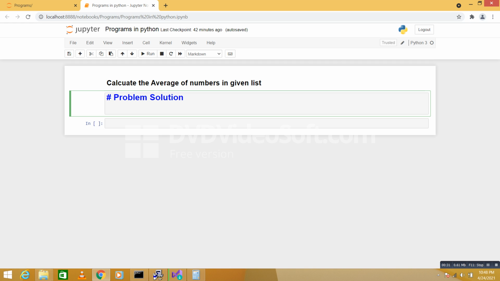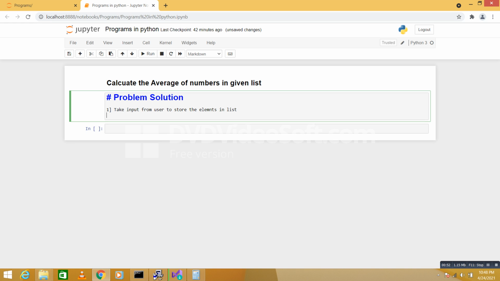So we have to find the steps, or we can say a flowchart or algorithm. The solution is: first, take the input from the user to store the elements in the list. How many elements do you want to store into the list? For example, I will say 5 elements, someone else will say 10 elements. Based on that, next thing,